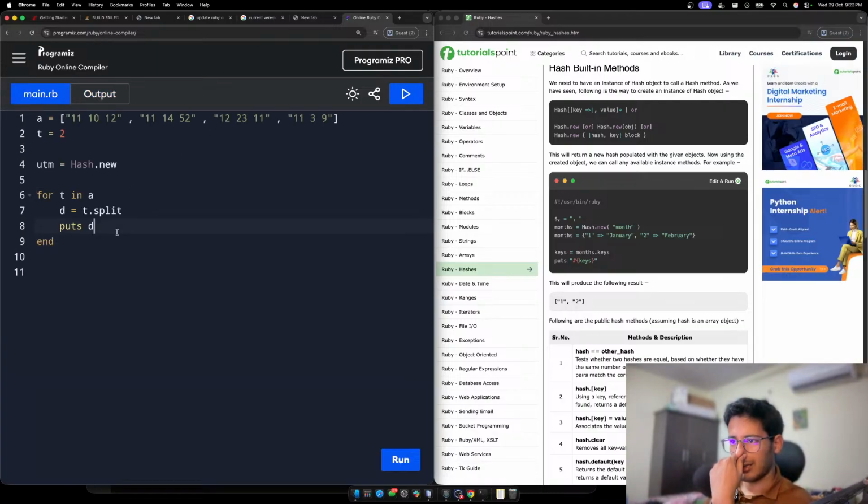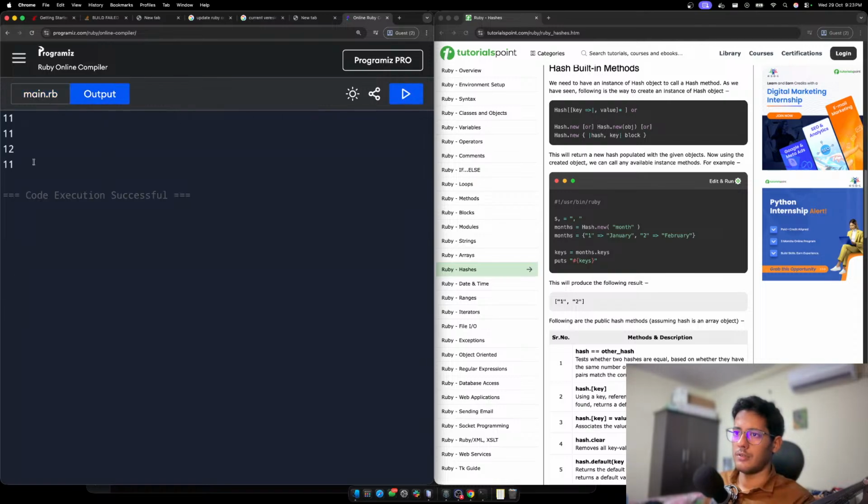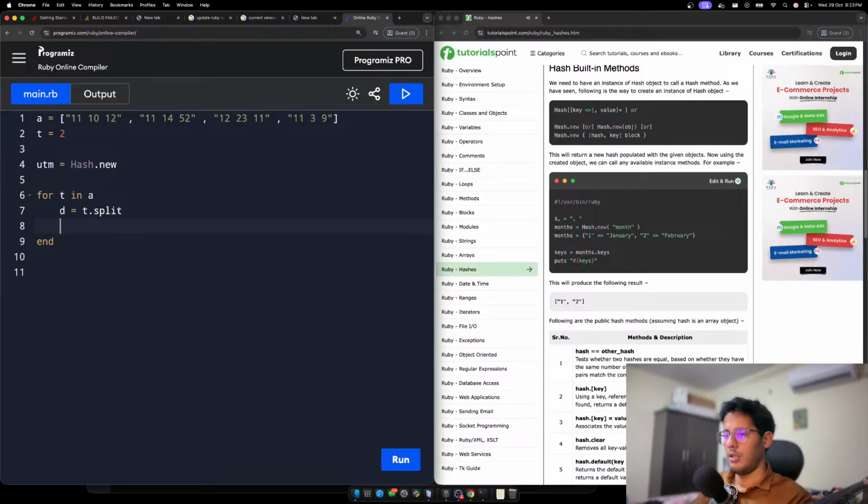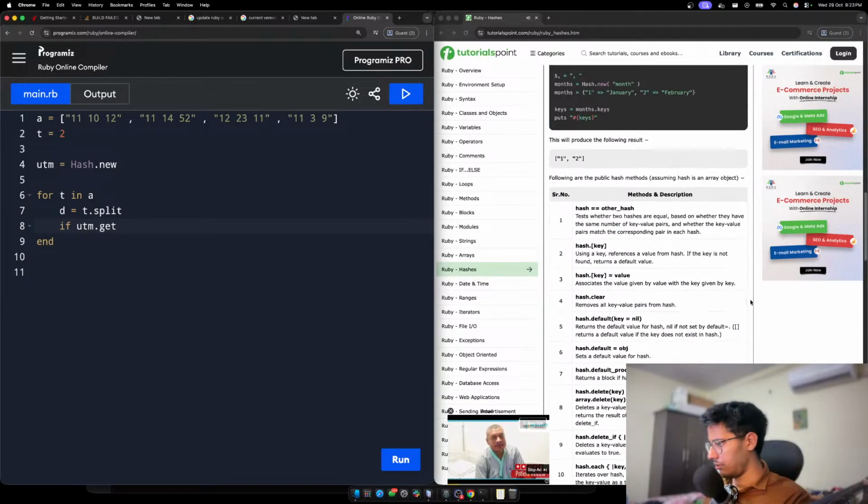And then what we can do is we can access the 0th index out of that. And I don't know what's the output of that. So 11, 11, 12, 11, 11, 12. Yeah, that's correct. So now what we can do is we can just say if gets, I don't know, utm dot get. I think get is a